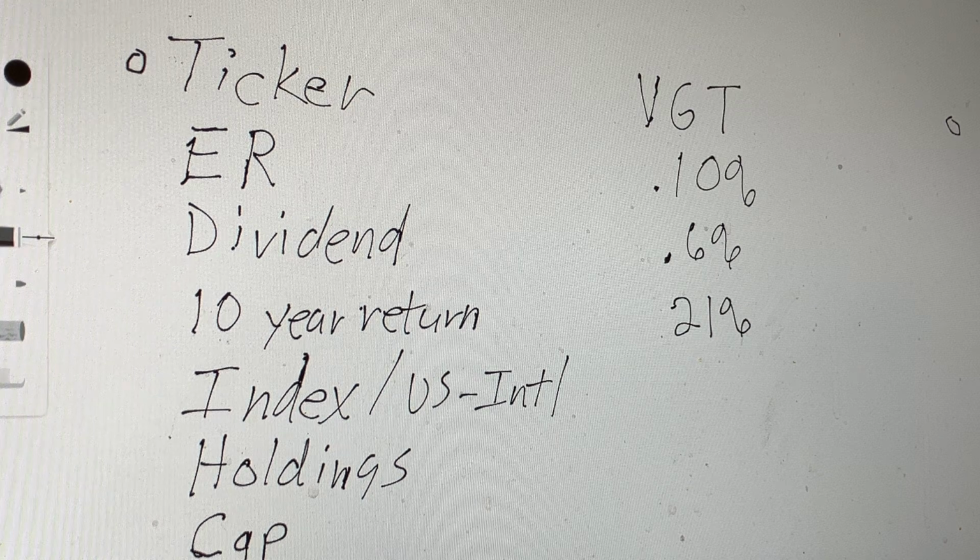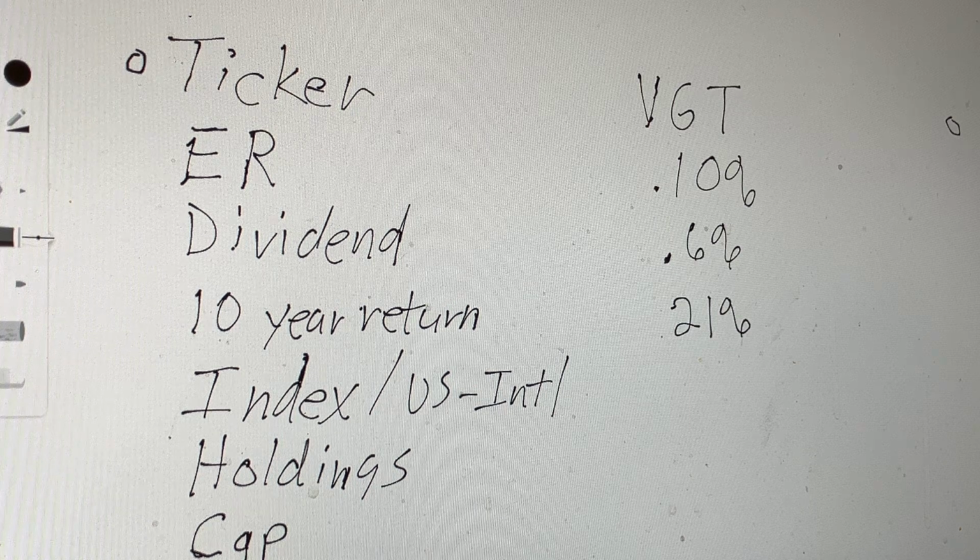greater return also typically means greater volatility, greater risk. So even though it can have a pretty high return, when the market is bad, it can be totally opposite. Who knows? It could be minus 20%. I mean, long term, probably not, but just keep that in mind